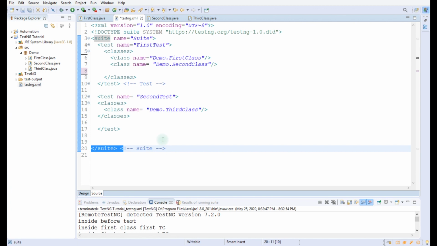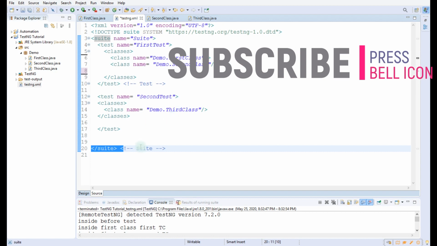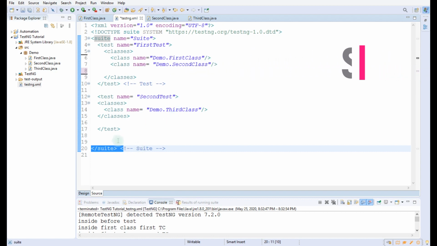If we write before suite in any of these classes, first class, second class or the third class, then the before suite method will be executed before the execution of any of these classes. Similarly, if we write after suite in any of these classes, then the after suite method will be executed after the execution of all of these classes.